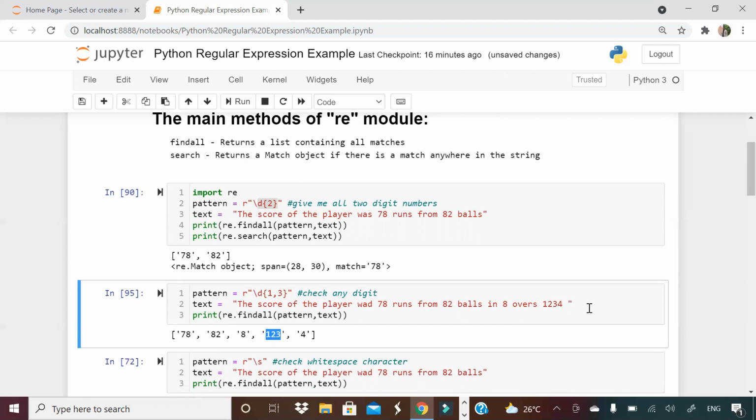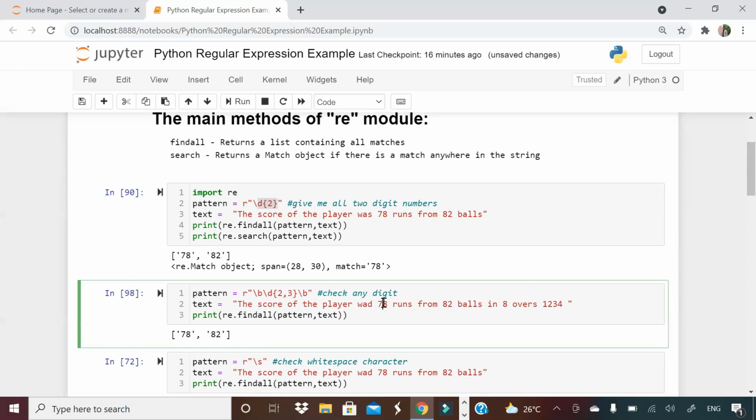Now one more thing to understand here, guys: I do not want this number to come at all because this is not a 3 digit number. So I need to place a boundary here. If I put a boundary like this, only the 3 digit numbers will be given to me. 234 is coming from this string because I have not put a boundary in the beginning. Let me put a boundary here. Now that fourth one will not come. The meaning of the boundary is that I want just 1 to 3 digit numbers. I do not want a 4 digit number. For example, if I make it 2 to 3, the 1 digit number will not come.